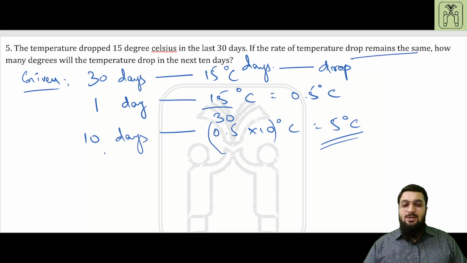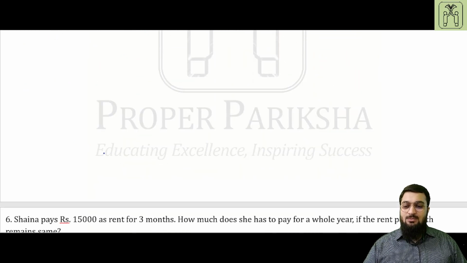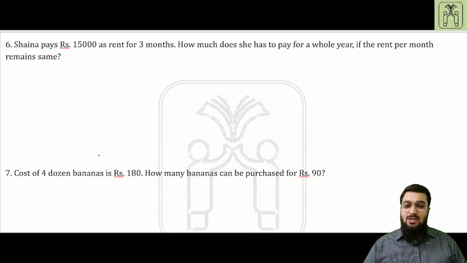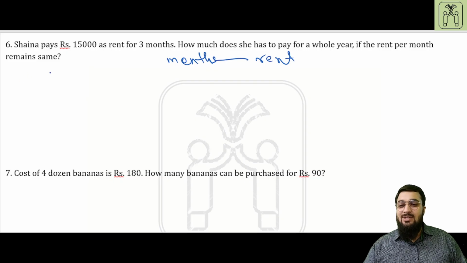So coming to the next question. Question number 6. Chhaya pays rupees 15,000 as rent for 3 months. How much does she have to pay for a whole year if the rent per month remains the same? Okay, so we have to find out the rent on the basis of a whole year, that is on the basis of months. So the given is 3 months,